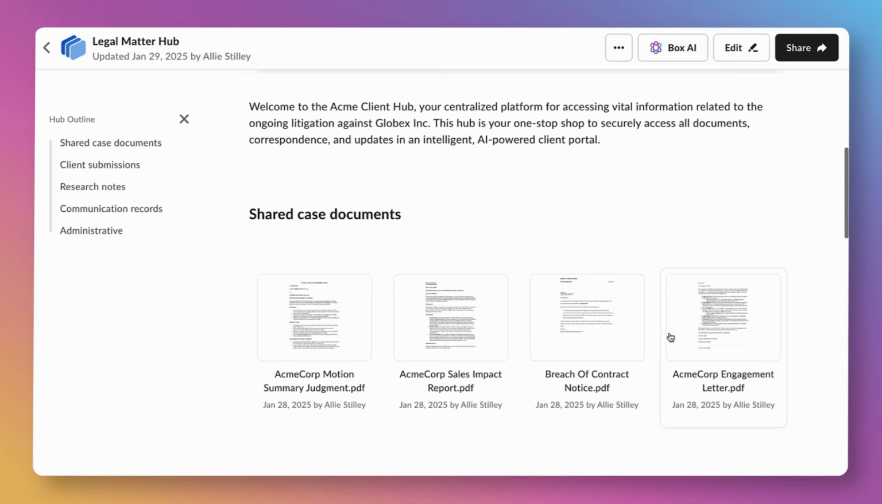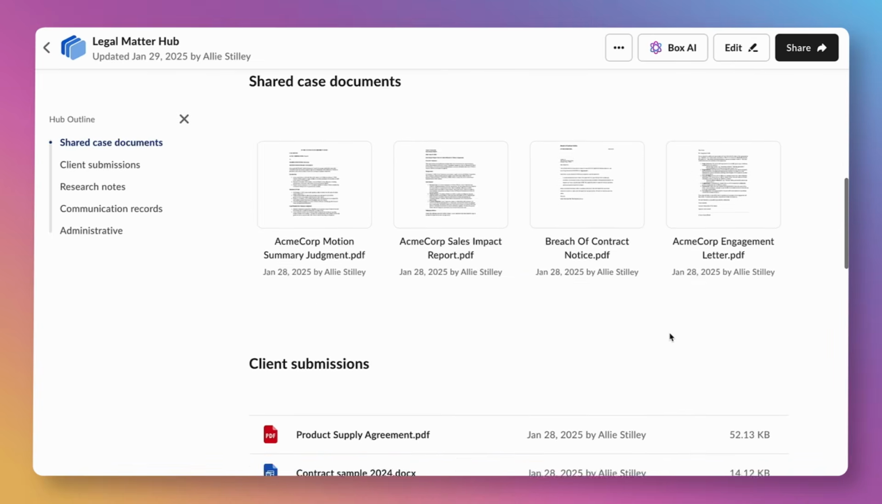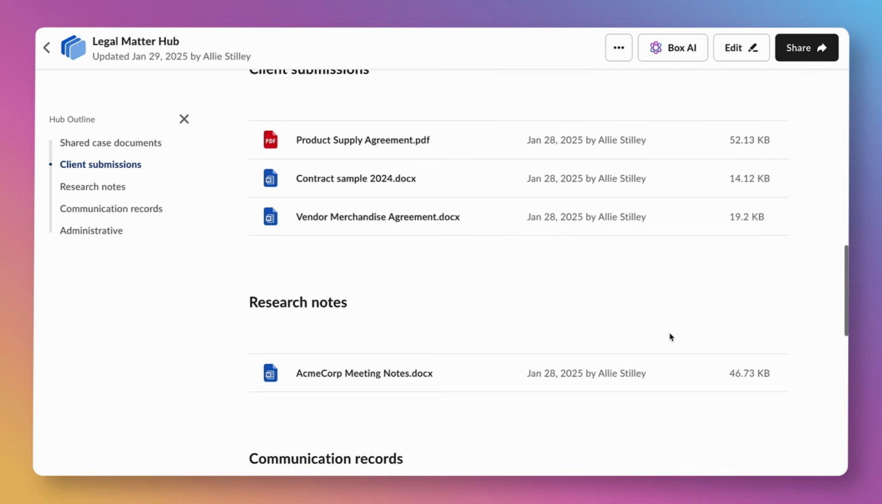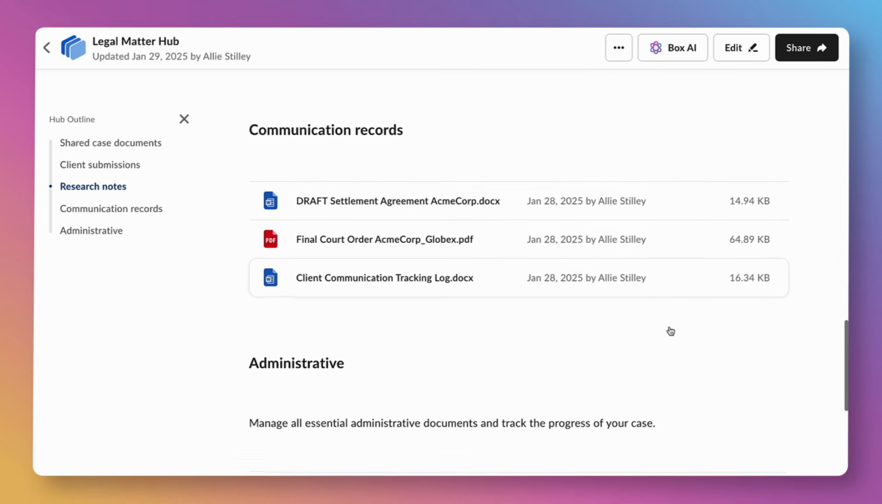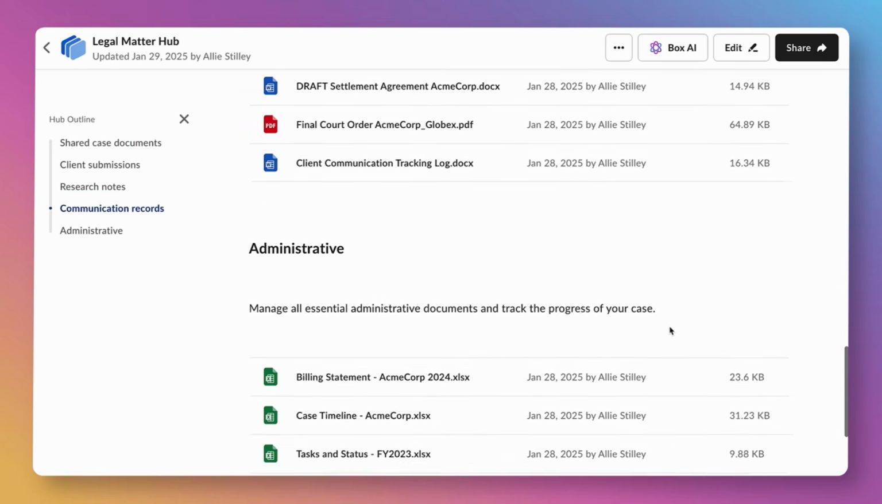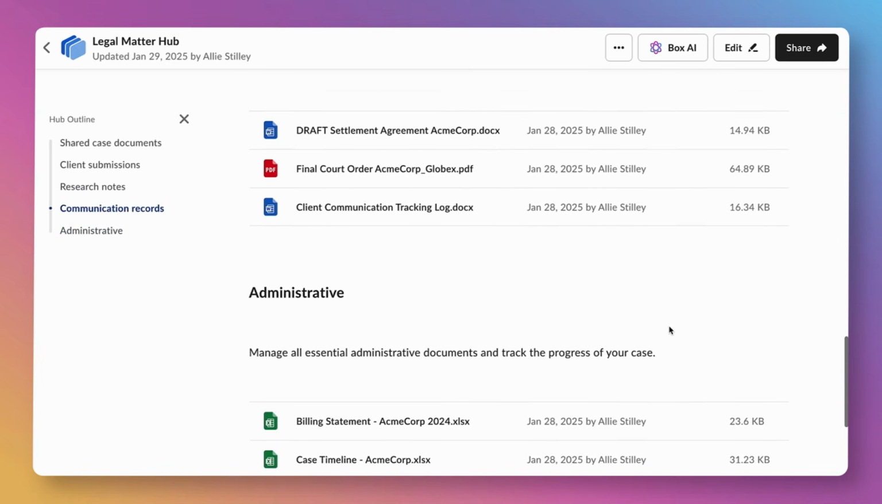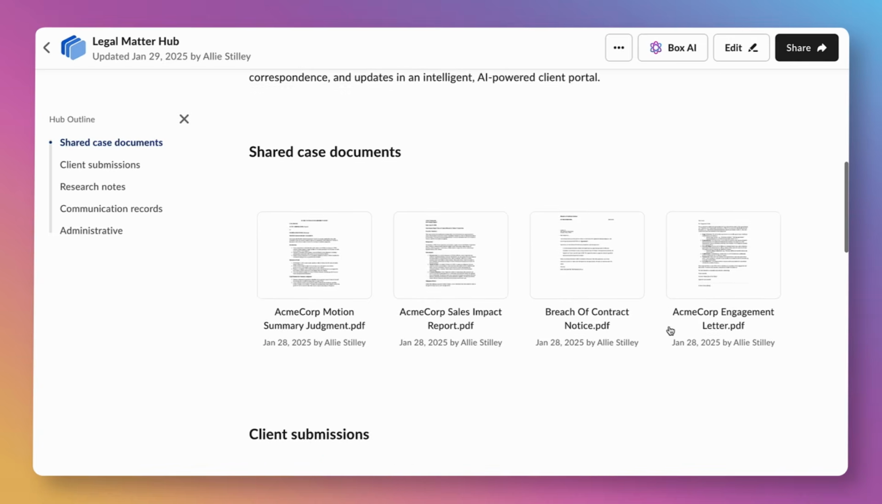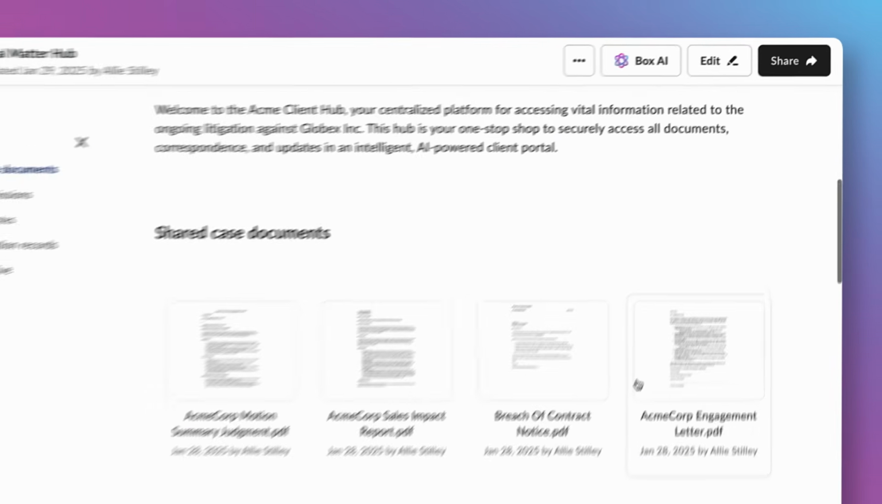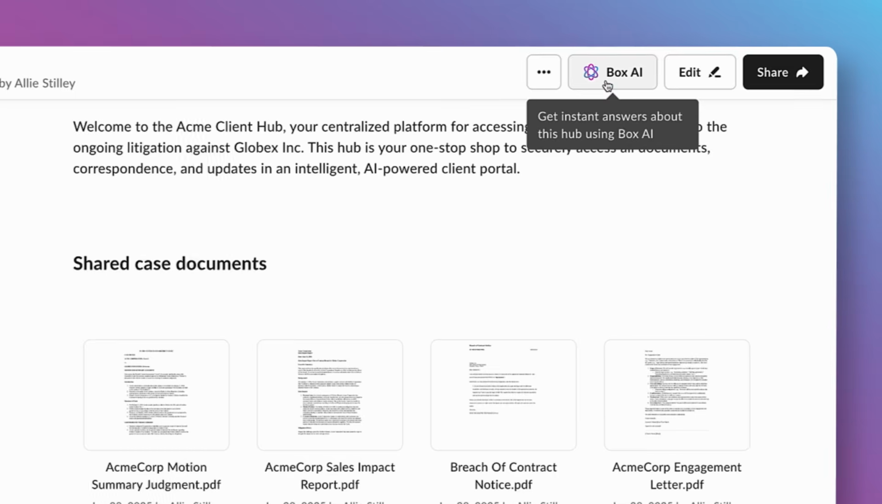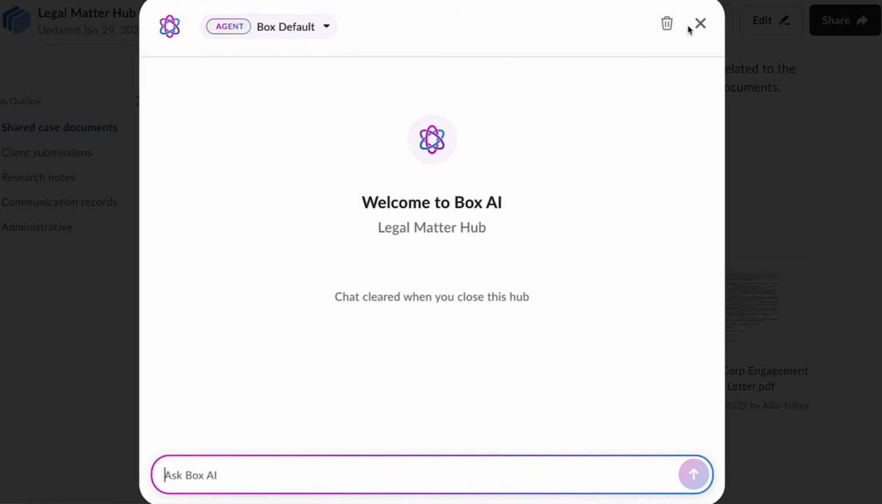Legal teams often spend hours sifting through complex documents and disconnected sources to surface the right insights, slowing down reviews and increasing risk. With Box AI, that process becomes faster, smarter, and far more secure. Here we are in a legal hub that helps legal analysts plan and navigate legal matters, ensuring compliance and consistency